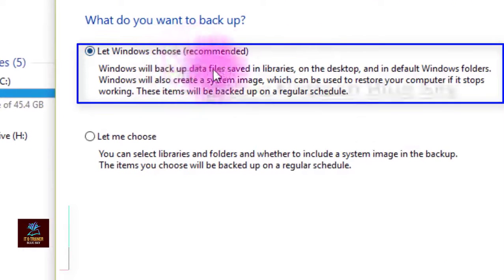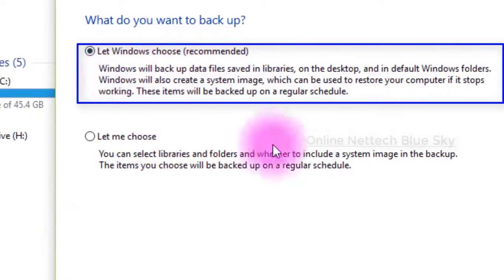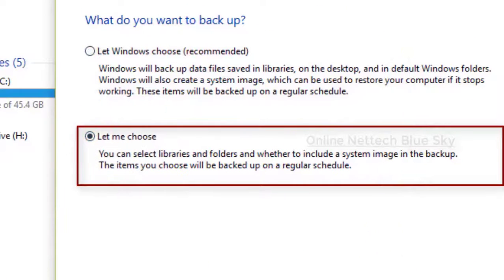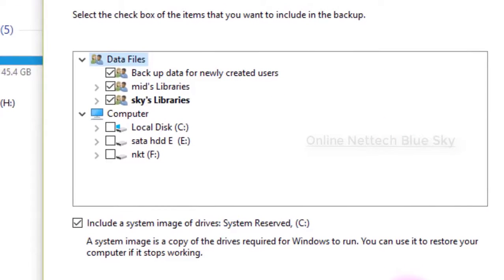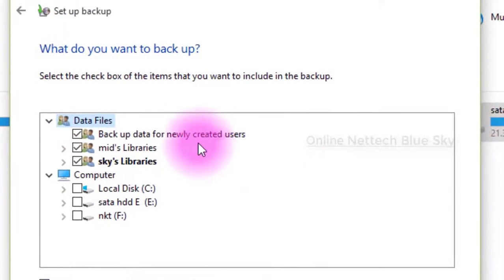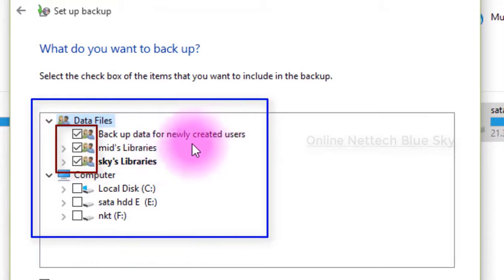First I select my data. Let Windows choose, the recommended option, means Windows chooses the partitions and your data, that is, the full drive and all of your data. But I want to select specially my documents and system files. You can see data files means your user, your group, and your documents on your computer.